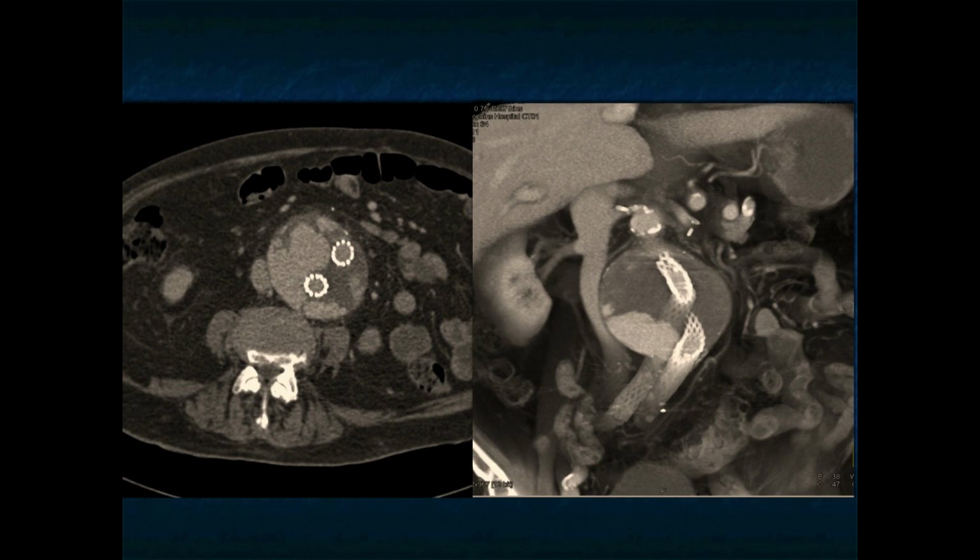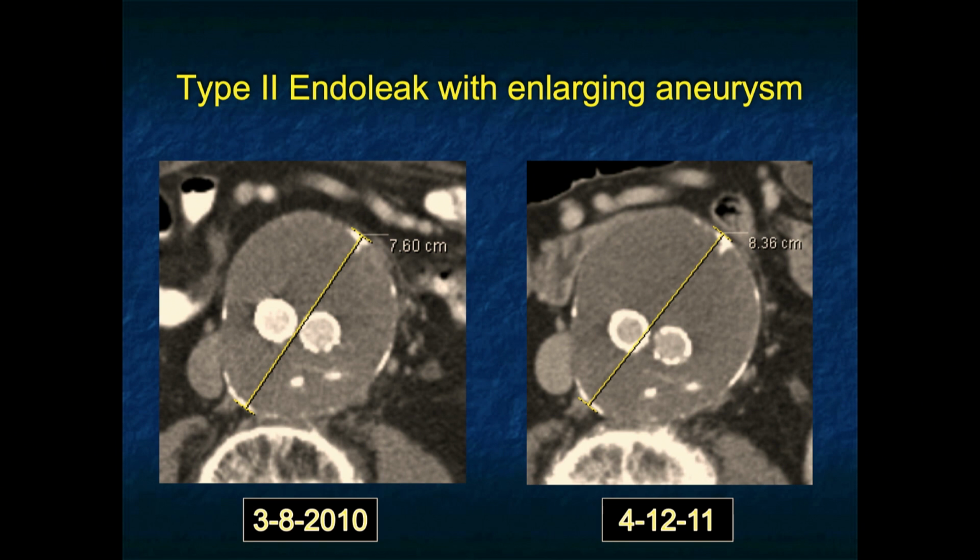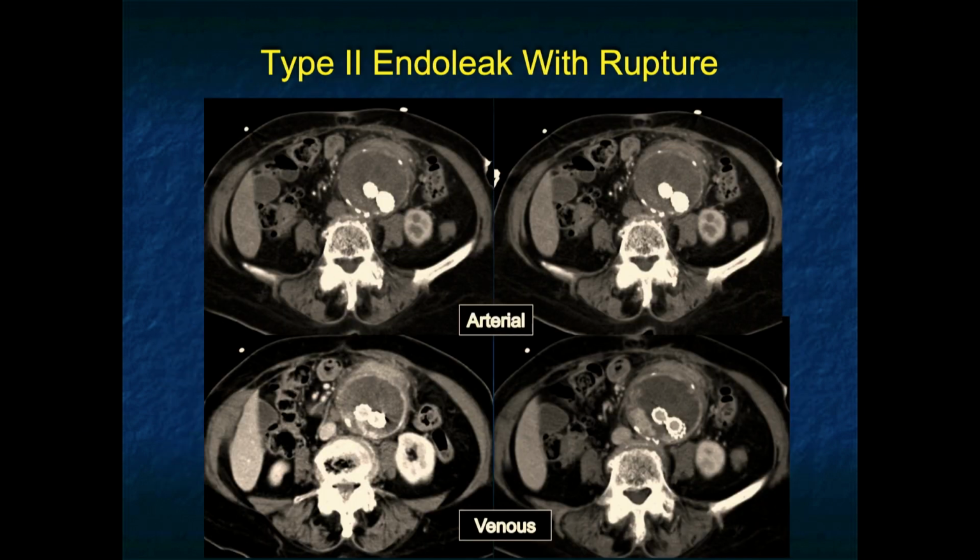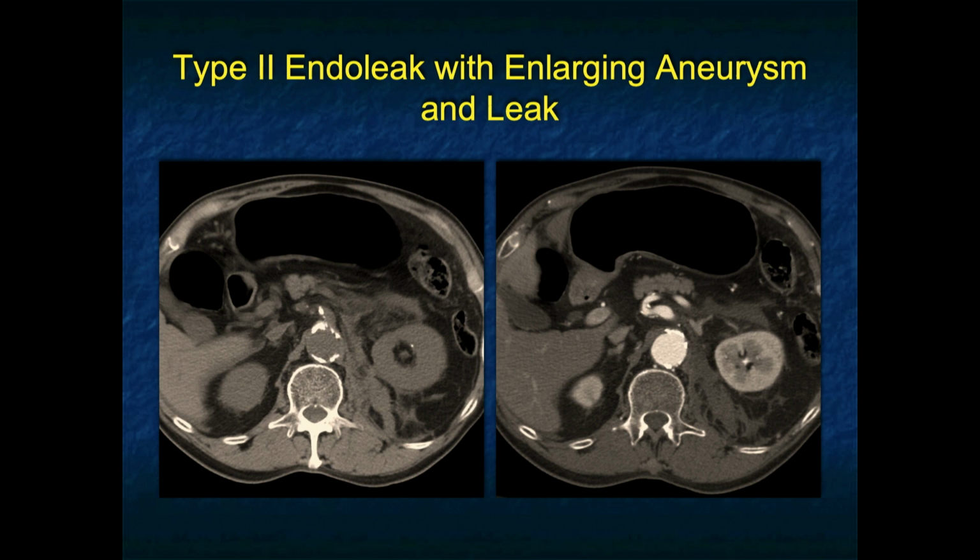And surely if you have a case like this where you have an endoleak and the aortic aneurysm is enlarging over a 1-year period, intervention will be necessary, because if you do nothing, here's a typical thing that will happen. You'll begin to get, in this case, the patient developing a rupture as the aneurysm was increasing in size. Sometimes patients present with back pain, and here's a good example. The patient had back pain. Everything went well in this patient, supposedly, but now you see some blood, fluid in the